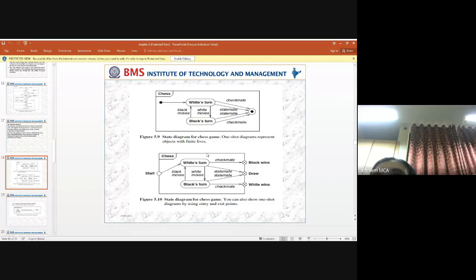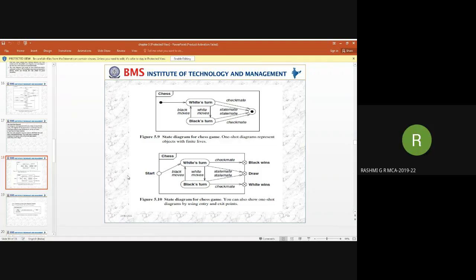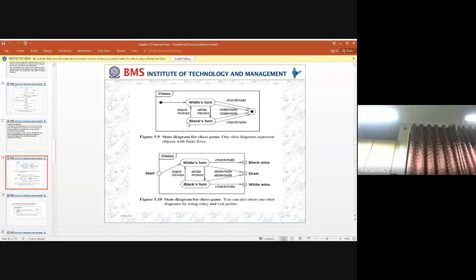That turn can be taken as white's turn and black's turn. The solid circle you are seeing here, are you able to see the diagram? Yes, ma'am. Okay. The solid circle indicates the initial state. From the initial state, the first turn will be white's.